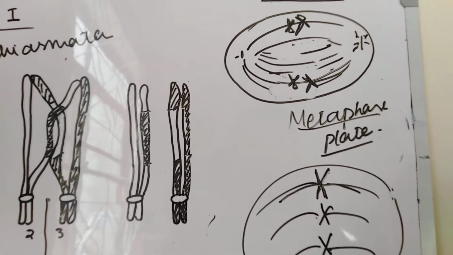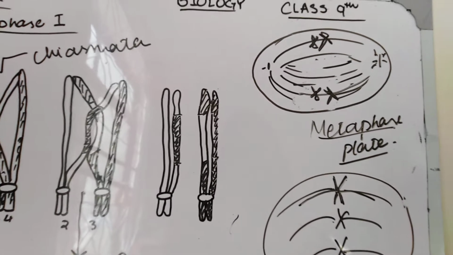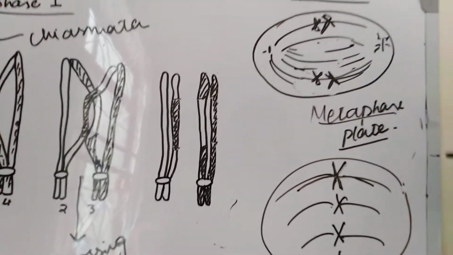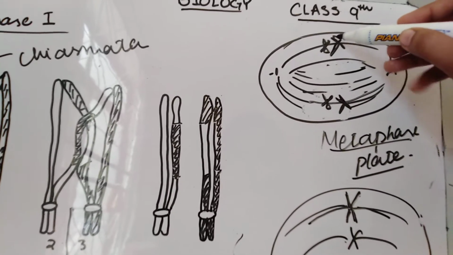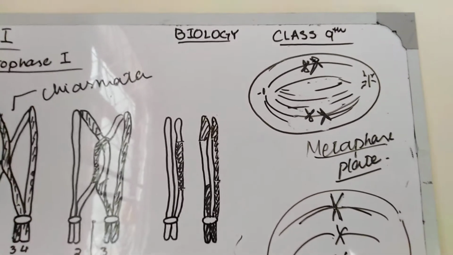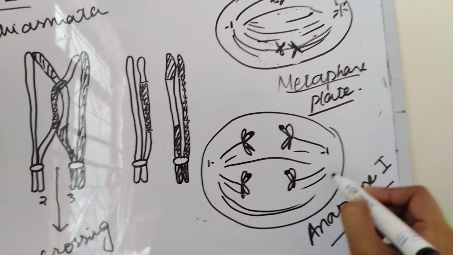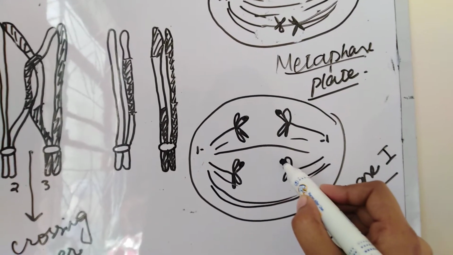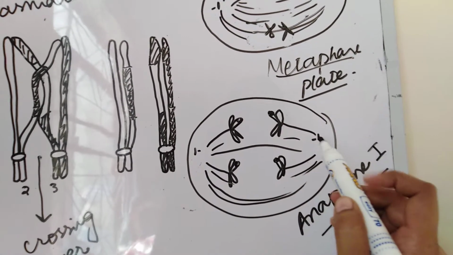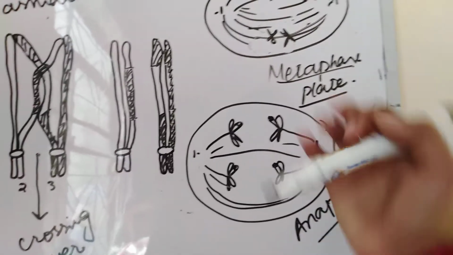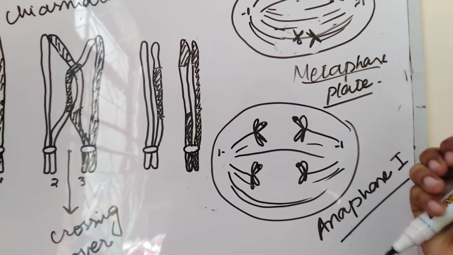Now after this metaphase, the next step is anaphase, in which separation or pulling apart of the chromosomal pair will occur. But you have to remember this, there is genetic recombination in these chromatids. In anaphase there is separation of chromosomes. I have marked a point to show genetic recombination in these chromosomes.